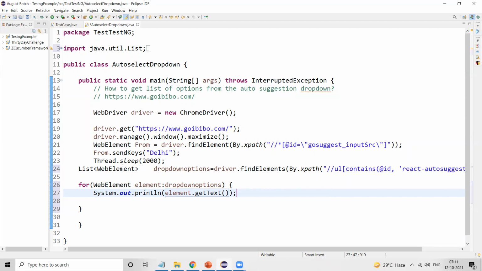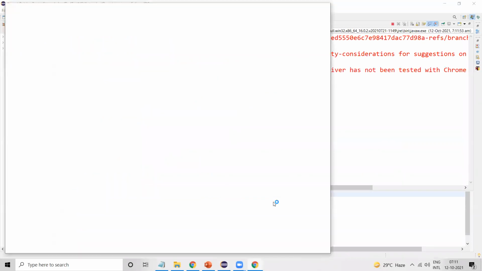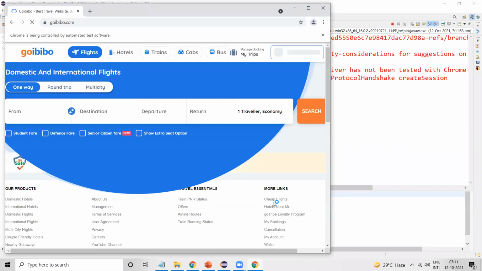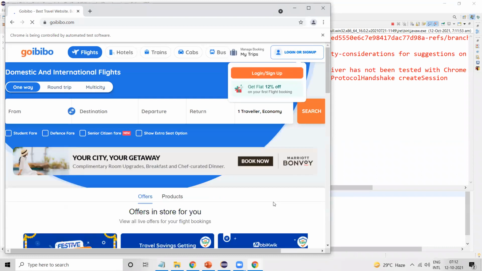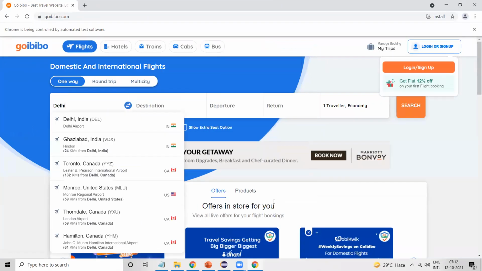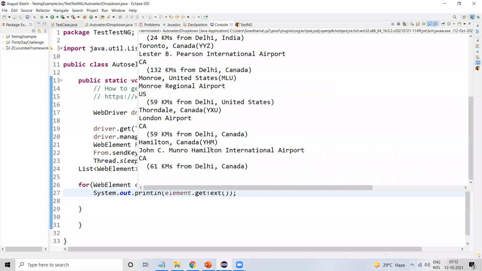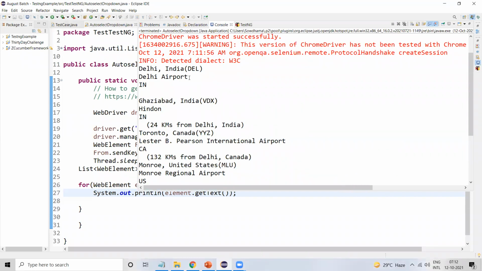So it should get all the list of options from the drop down and it should print one by one. We'll run this. See here, all the options are displayed over here.